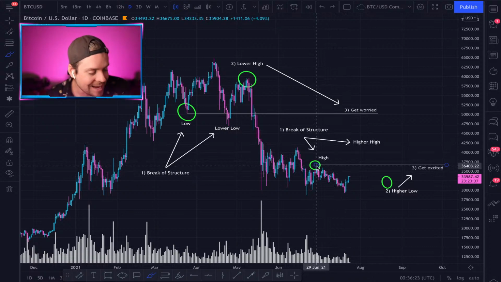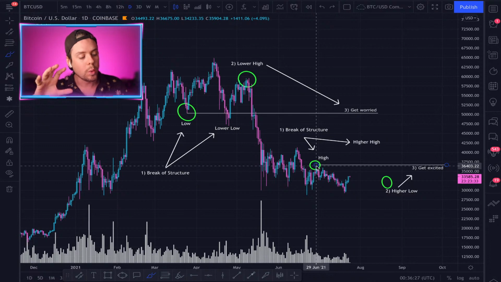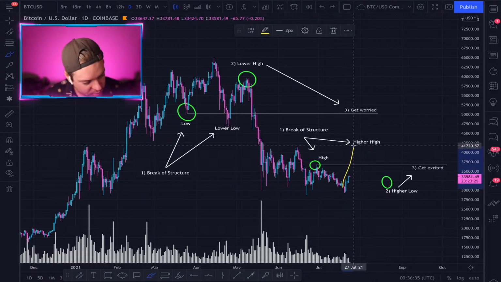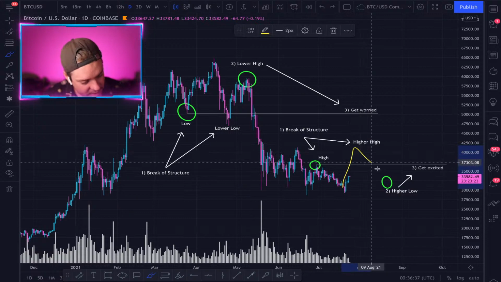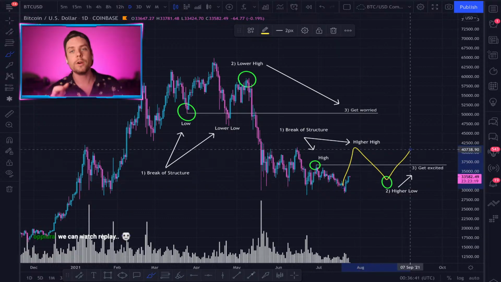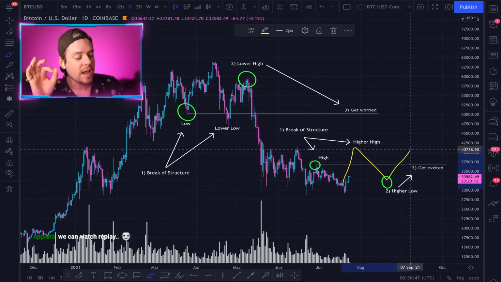This is the last high that we made, 36,400. Okay, we need to get a break above 36,400. So until we can get that break, we need to get a break to a higher high, and then we need to get a higher low. If we can get both of those, step one is a higher high. If we can get a higher high, that is checkmark number one. If we come back down and it forms a higher low, now we have a really good chance at a